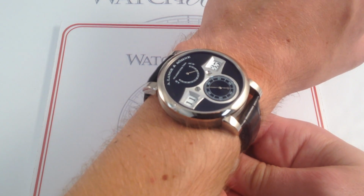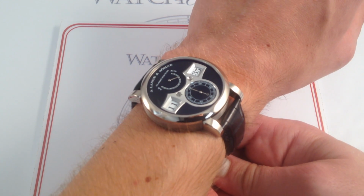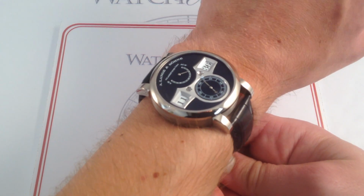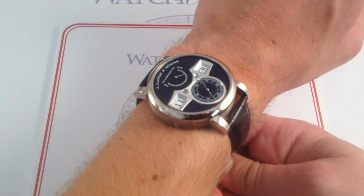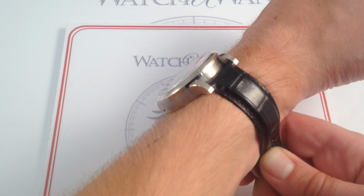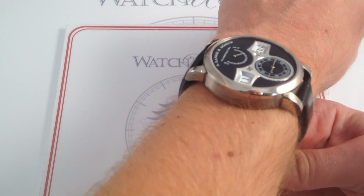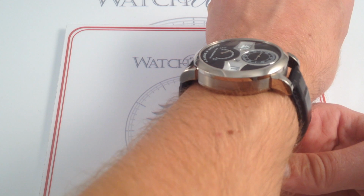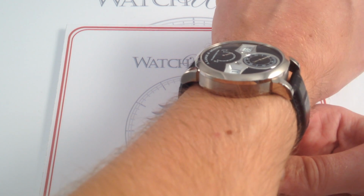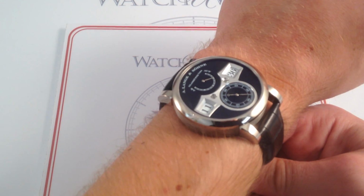Well, the Zeitwerk will have none of that. This is a 42. It's actually exactly the same size as the old Grand Lange. So the 41.9, 42, this watch is bigger than the current Grand Lange. Nice and substantial, over 12 millimeters, 12.6 millimeters thick to be exact. It's not too big, although it has very strong lugs, and you can see on my wrist, 6 1/3 inches, 16 centimeters in circumference. The Zeitwerk has a presence, a size, and a visibility that clearly sets it apart,